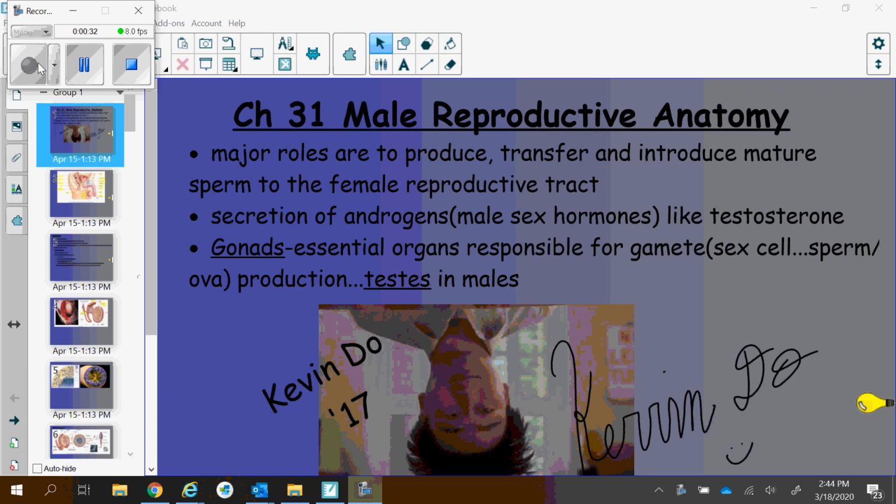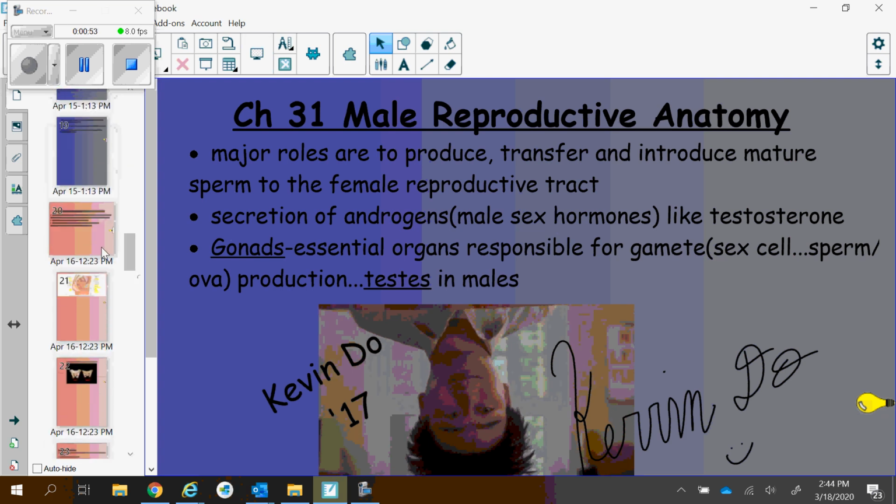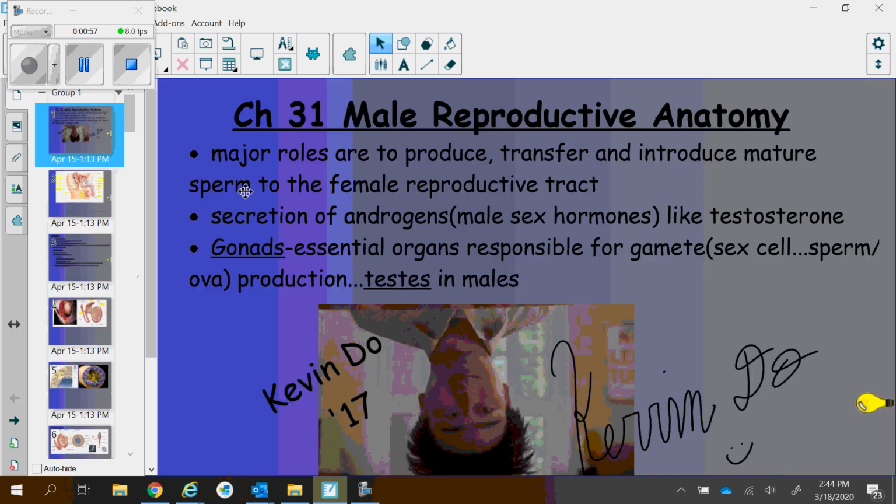So, anyhow, male reproductive anatomy, I think you know what's going on with this. That's why I start this lesson with this. What's important to know is that the whole role here is to transfer semen, right? But also, there's hormones involved, testosterone. Gonads is a term that we're going to find in both females and males because it refers to either testes or ovaries, right? And those are the gamete producing structures, which in males are the sperm, right, and the seminiferous